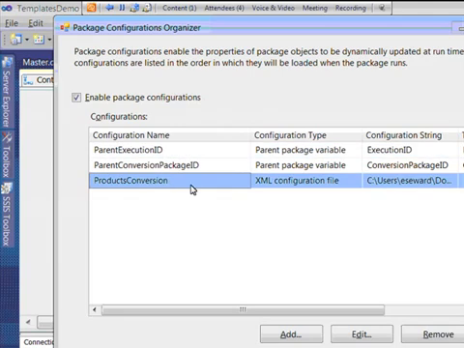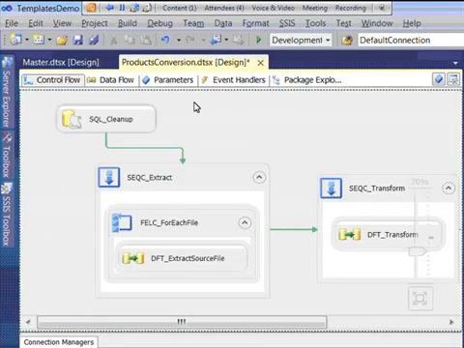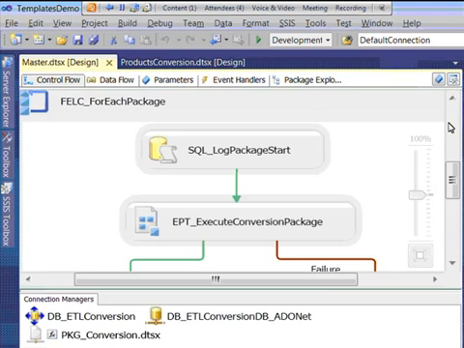The one thing I did add is a configuration specific for this package, and what I have in that configuration is just the connection string for my flat files, so I know where those are located. So that was it. So if I come into my master and if I run my master here,